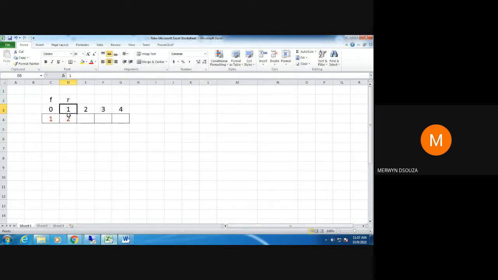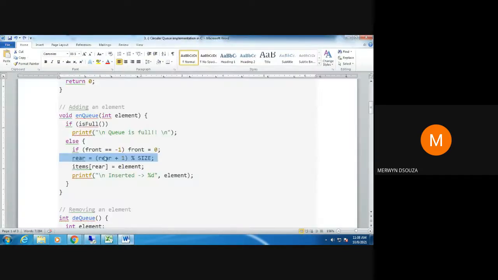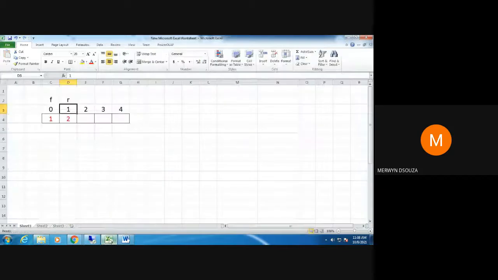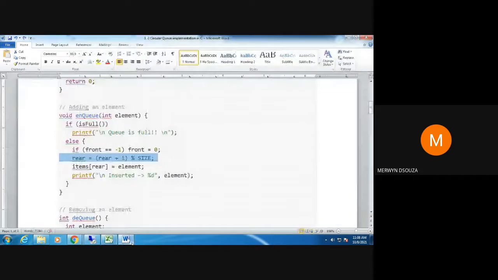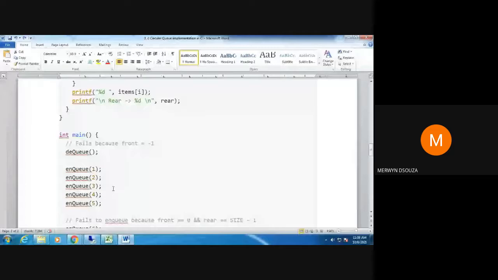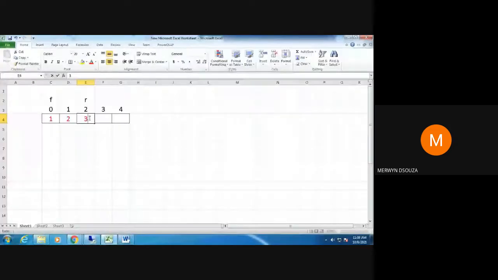The value of rear is 1. So 1 plus 1 is 2, 2 mod size. So the value of rear will now become equal to 2, and the element you were trying to insert is 3. So 3 will get inserted here. That is how it will work.